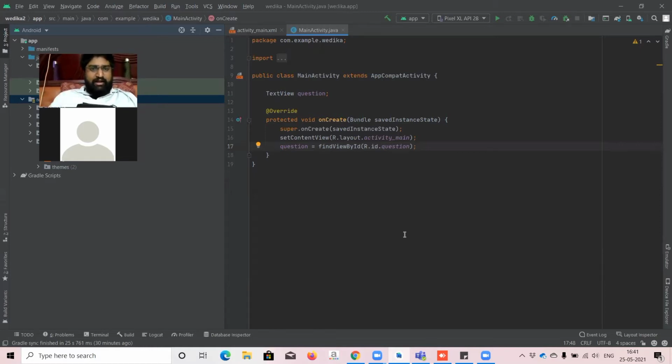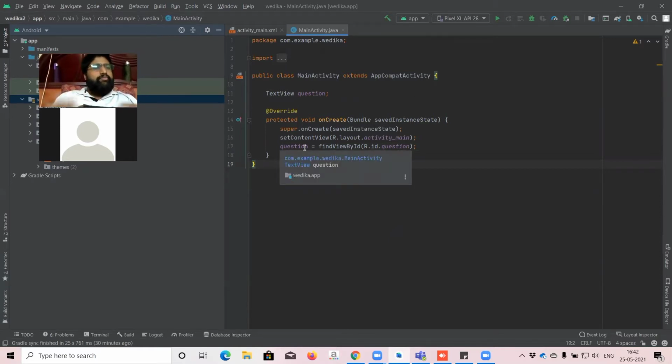Only one line of coding. See, it's not complicated at all. Let's assume a text view is a question. We are naming a text view as a question, and inside the question, we just want to find what kind of question it is. So question which is equal to find view by ID r dot id dot question.